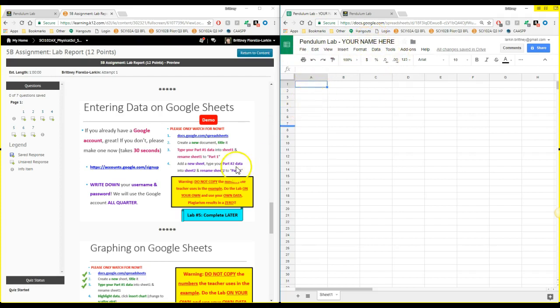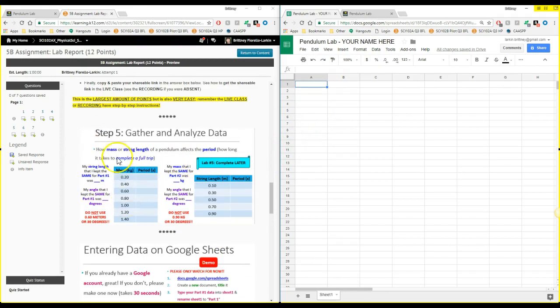Now in this part, we're going to fill out our tables exactly as we see them right here. I can see the mass and period table, so I'm going to fill out the mass and period table here. Smiley faces if that makes sense. I am literally taking the table here and putting it right here. I'm not doing anything new yet, I'm just copying what I see.